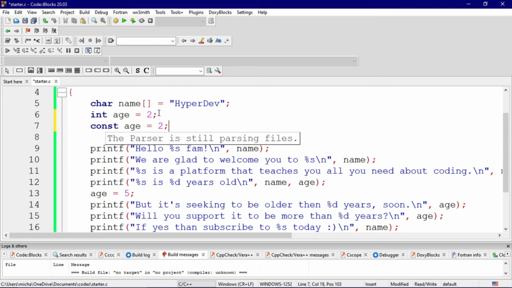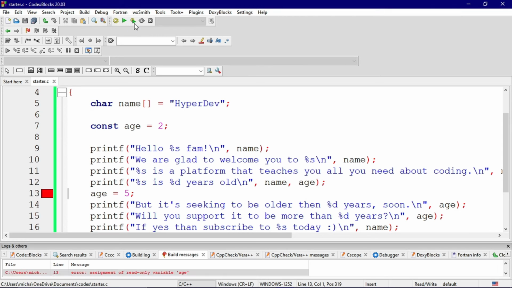But with constant, we don't need to redefine or reassign a value. The reason is because if we have this value 2 and we run this program like this, it is going to give us an error. The value of this age is also reassigned again here.